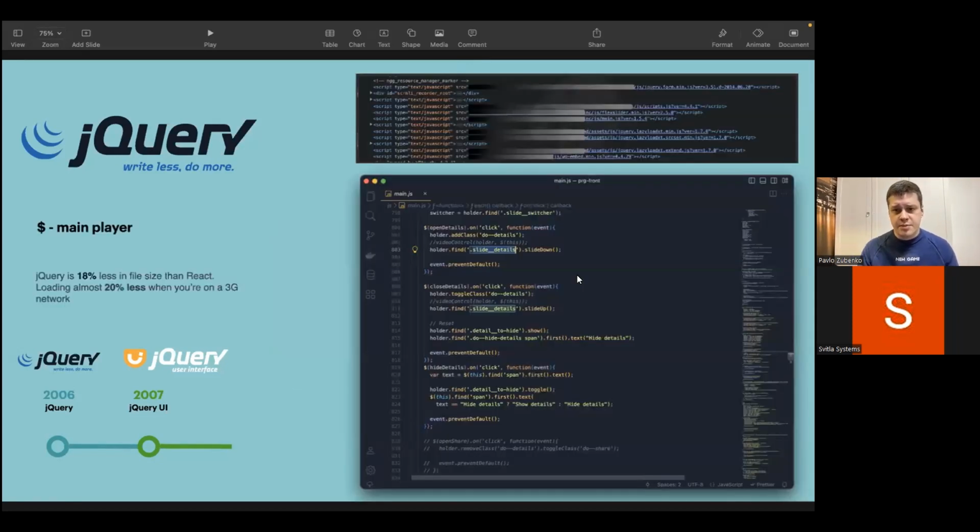So, for example, here is an example of how a basic setup for a jQuery project usually looks. It's CDN included libraries one by one, and the main file that you create and write, and usually manipulate with the $ sign. It was the main shortcut for all of the functions that jQuery has.